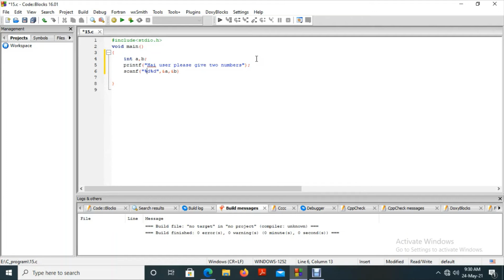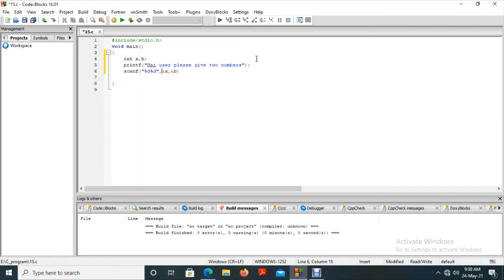Once the user is entering these two numbers, what do we have to do? We have to collect those two numbers and save them in those two blocks of memory. How can you say that to the compiler, in the programming language? We use the control specifiers like %d and %d, so the compiler can easily understand that the user will provide two integer numbers.